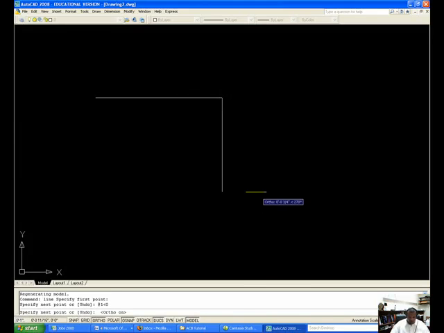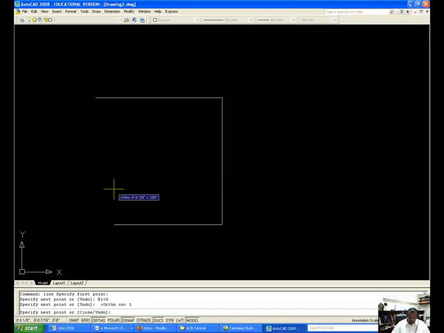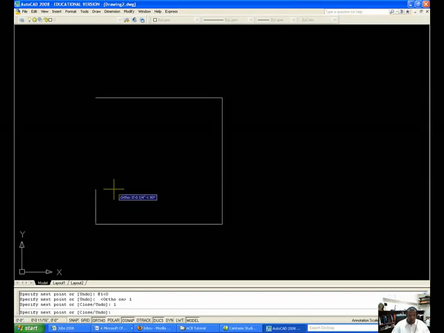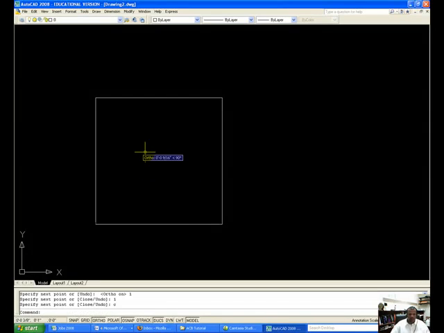But if we turn on ortho and we move in the direction desired, if we type 1, it moves 1 inch down. We move to the left, we type in 1, we move 1 inch to the left, and we hit C to close. We now have 4 different lines, as demonstrated in class, that we need to p-edit to